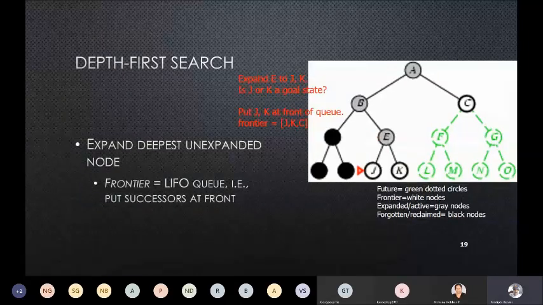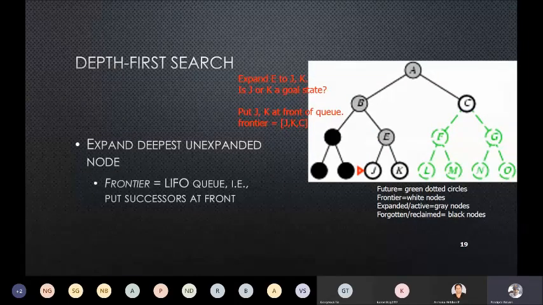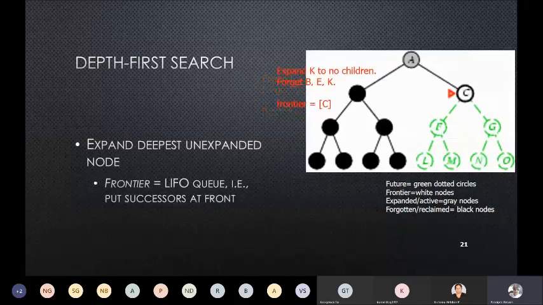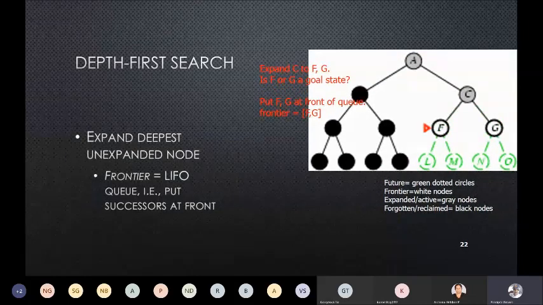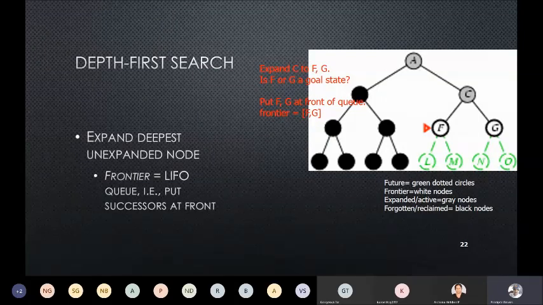And this way, from E I will look at J and K, and then I will look at C, and then we will look at F, and from F we will go to L and M, and finally we will go to G and look at N and O. Right. So as you can see from this picture, the left side of the tree is already explored, and only then can I go into the right side of the tree.